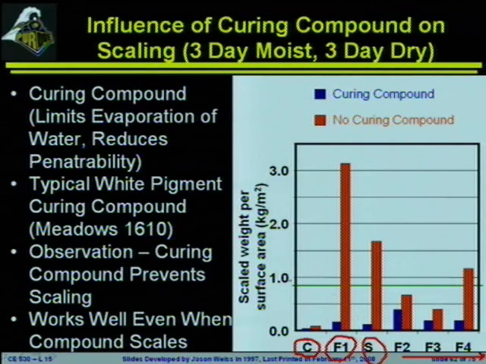You don't see this green line is that limit that I was mentioning before. You see that there are a couple that may scale if they go above that limit, but they stay below when you've got the curing compound on. Now there are 2 reasons for this. One, the curing compound is going to increase the slipperiness of the surface, so it's more difficult for the ice to bond and pull off that top surface. The other is that curing compound is probably preventing moisture from getting into that porous surface up at the top